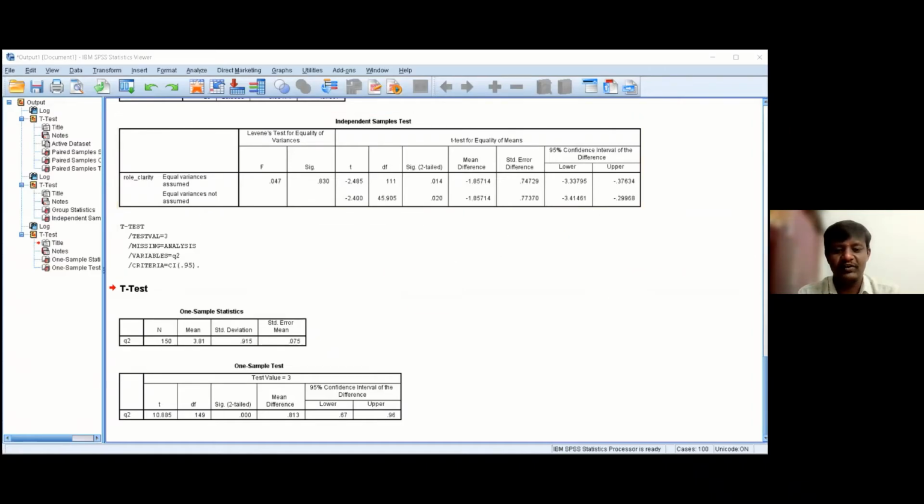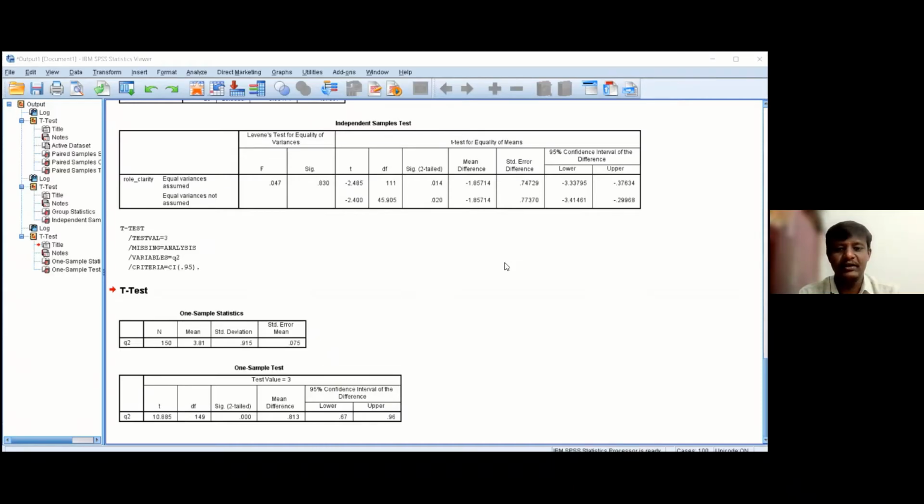So far we have worked on the role description data. Now we are going to work on the second data, which we call car case. Whoever is interested can raise their hand. Yes, Narayana sir has raised his hand, but I'm not sure whether he is interested to share his screen.